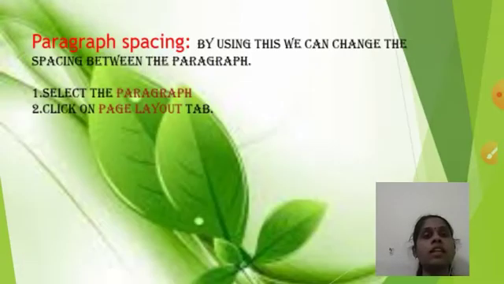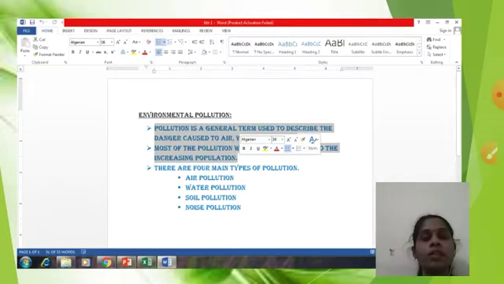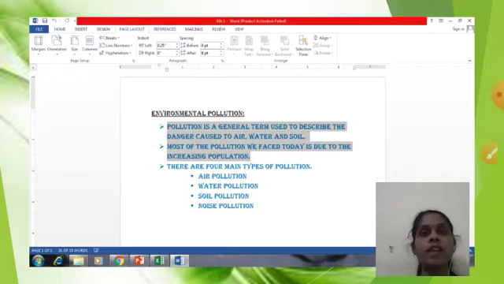Now we will see our next slide, that is paragraph spacing. I told you about paragraph spacing also. In paragraph spacing you have to write down the paragraph. Again I am repeating. Write down the paragraph, and now if you want to change the spacing, where do you have to go? First of all select the paragraph.